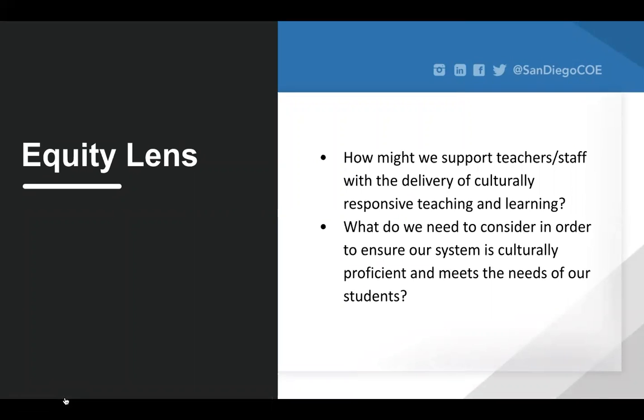So, our guiding questions to expand our equity lens include how might we support teachers and staff with the delivery of culturally responsive teaching and learning? What do we need to consider in order to ensure our system is culturally proficient and meets the needs of our students? As we reflect on these guiding questions, we recognize the need for high quality, equity focused professional learning